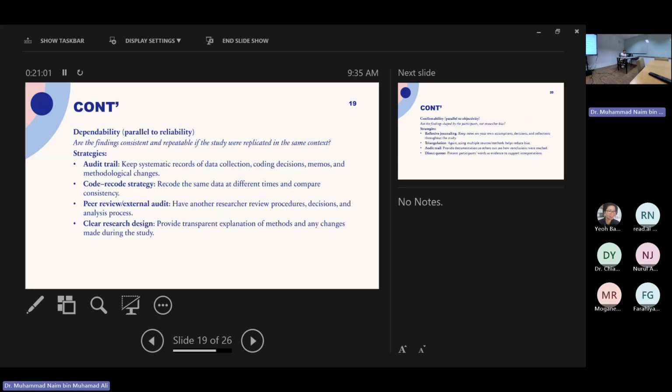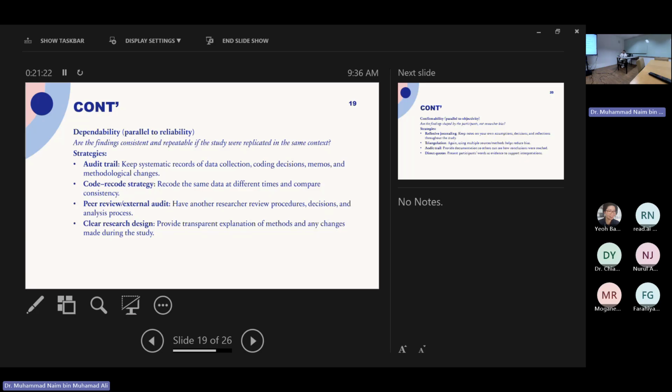And then dependability, parallel to reliability. Are the findings consistent and repeatable if the study were replicated in the same context? For example, you can use an audit trail to keep a systematic record of data collection, coding decisions, memos, and methodological changes.